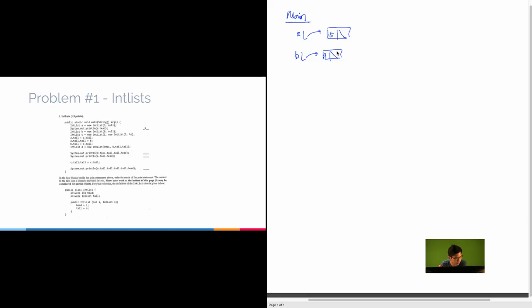And then finally for the next line, we're saying IntList C is equal to a new IntList of 1. And specifically the tail points to another new IntList 7, and the tail of that points to B. Afterwards, we're going to call A.tail equal to C.tail. And so this pointer, or this field, is now going to point to whatever C.tail points to, which is